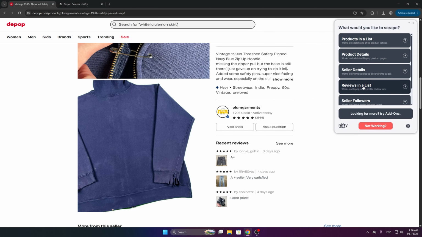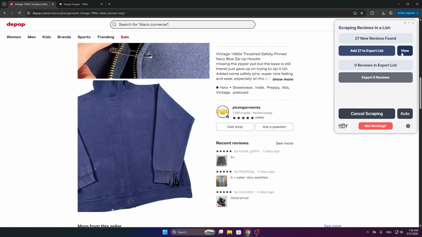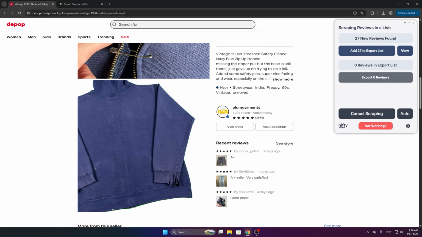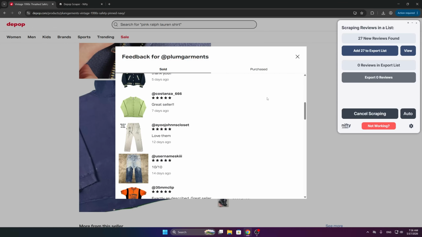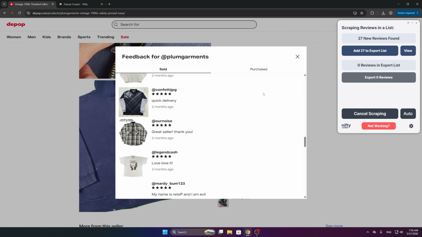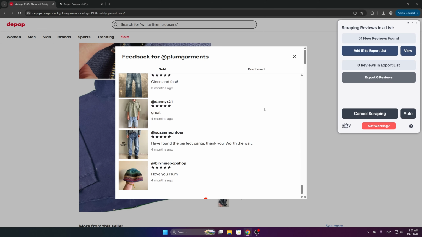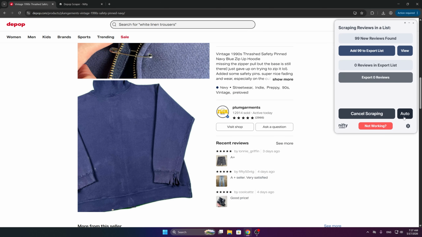Next, press reviews in a list. As you can see, we extracted the reviews in this list. To extract more, simply press see more. Then scroll down. And there you go. Alternatively, you can use the auto function, which will auto-scroll for you and add the data